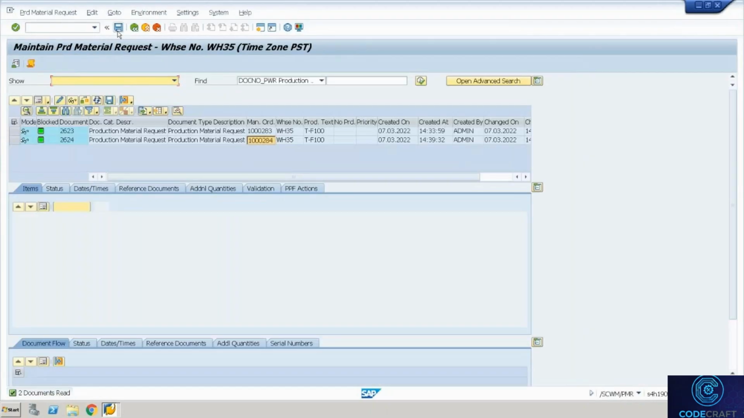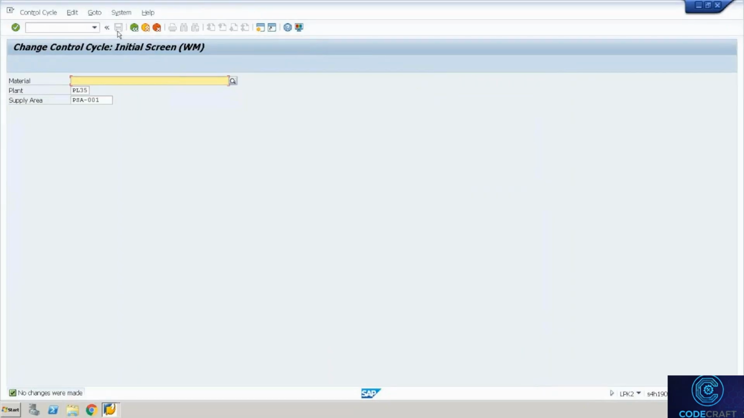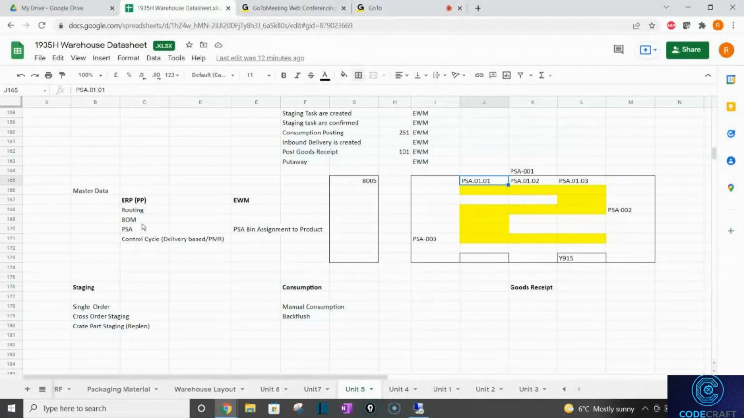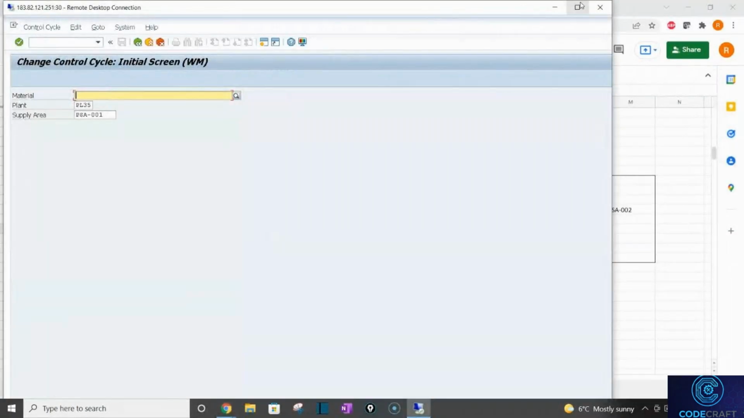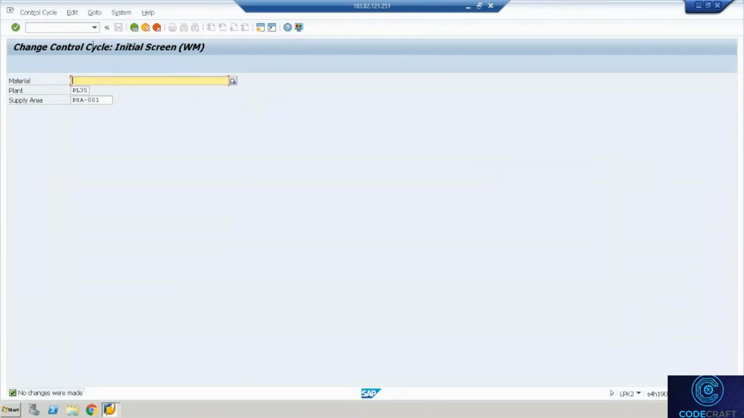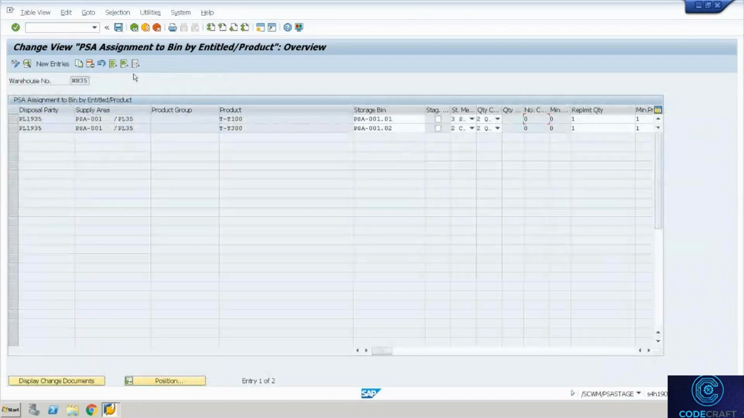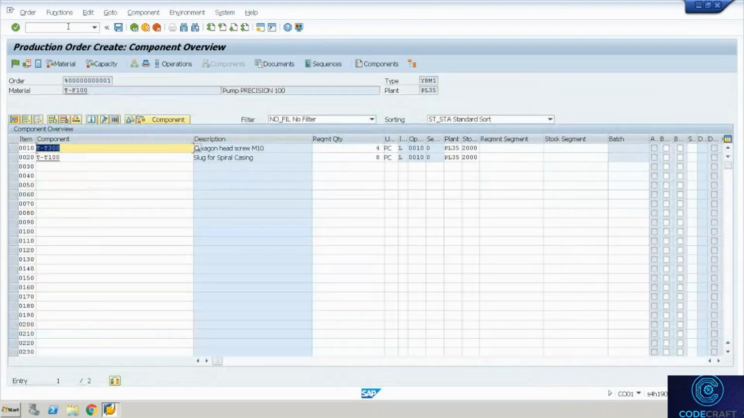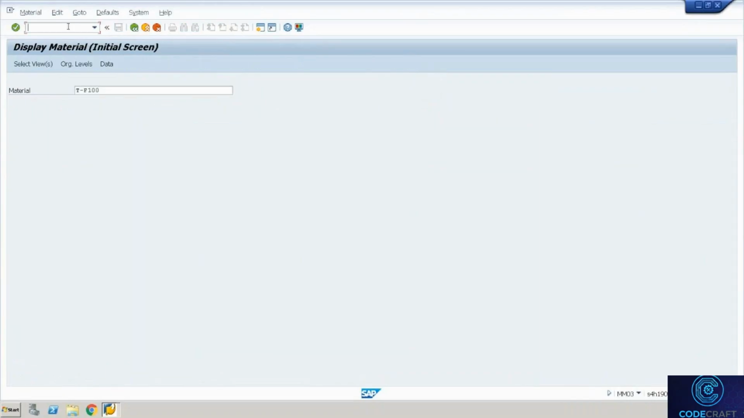Then we created, we spoke about BOM, we spoke about routing, we spoke about the PSA control cycle. Now let's see. We know a material has to be supplied to a PSA, but which bin in the PSA? So there is a very important master data, which is PSA stage. You can also display the master data from LPK to